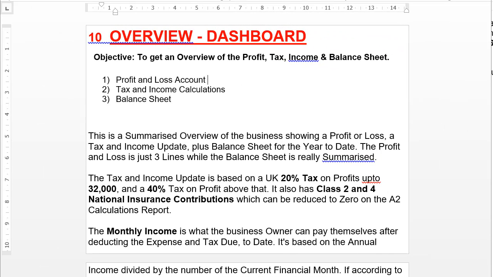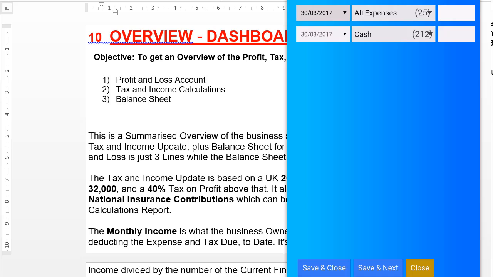In this session, we're looking at the dashboard, which is basically an overview of the whole business year to date. From the very start of the financial year up to date, what does the business look like? So we look at a condensed profit and loss account. We look at the tax and income calculation summary, and we also look at the balance sheet. That's what it is. Now let's have a quick look at what the business looks like based on the data